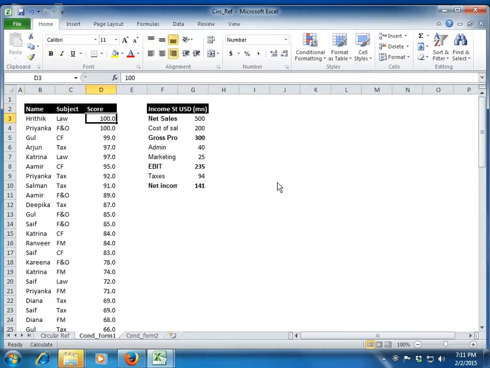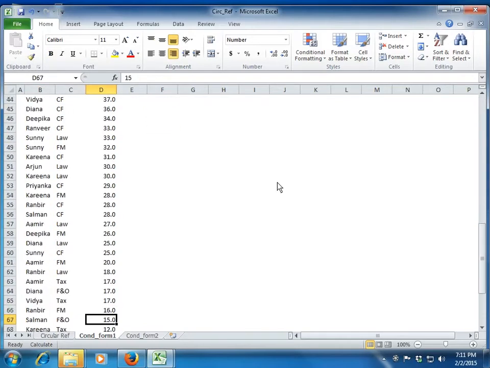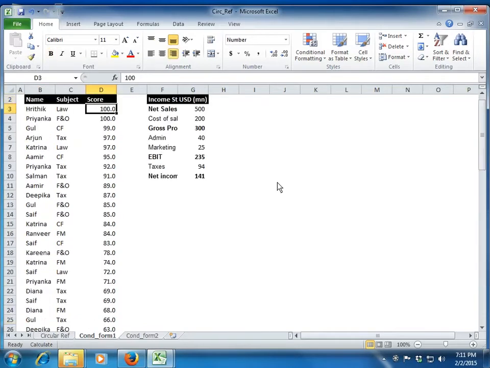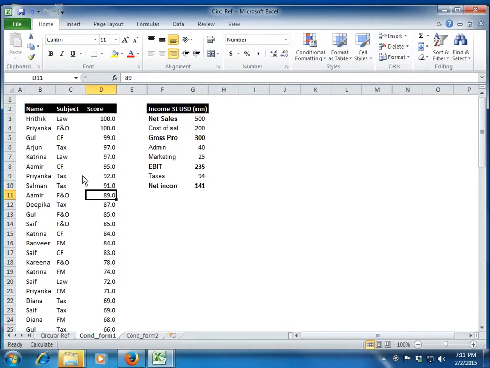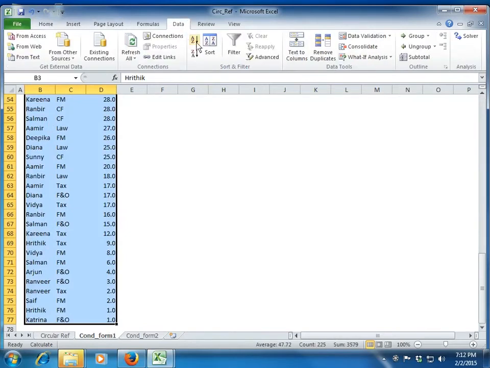So I have a similar set of data wherein I want Excel to highlight any score which is less than 40, because if it's less than 40, it's a fail. So I want Excel to highlight those cells in red. If I want to do it manually, and let's say this data is not arranged or organized in ascending order, let me change the order so that we appreciate what we are doing here. So let me go and sort the data